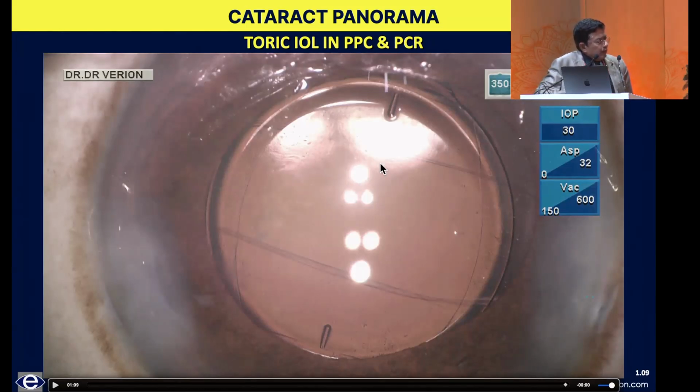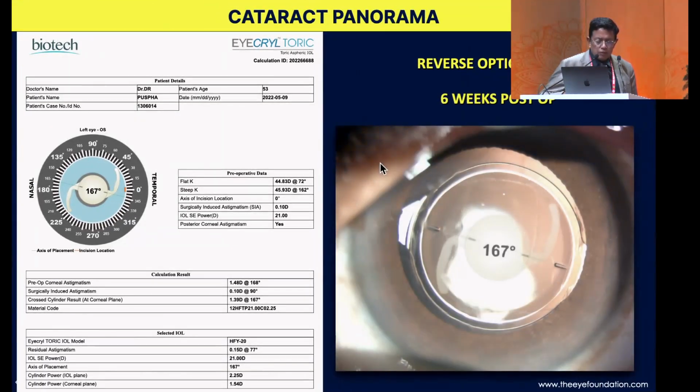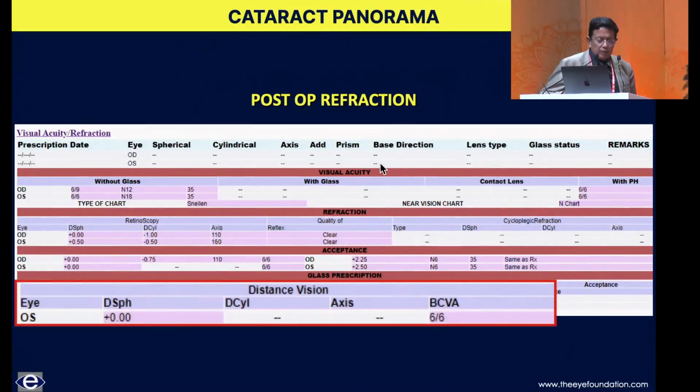We have about 8 eyes. It's not a big series, thankfully. And these patients are routinely put on NSAID drops for about 3 months. And steroids are also tapered off over a period of time. And this is what we have found. In one case, I have a 6-month follow-up, and another case almost a year's follow-up. And this is 6 weeks. The lens is quite stable with a good